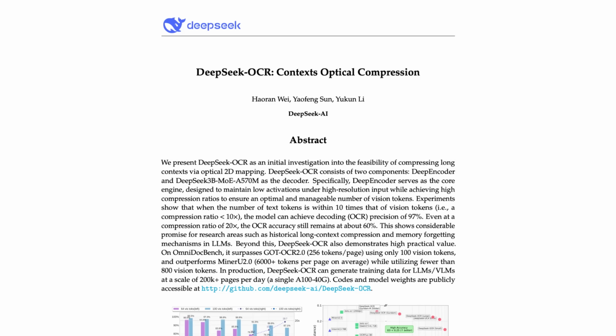So overall, this is a pretty cool concept just to see what they're trying to do, and it really reinforces a lot of the things that DeepSeek has been doing over the past year and a half or so, of just trying out different ideas rather than following what everyone else is doing. That certainly gave them big wins for DeepSeek R1, and you've got to wonder where they go with this, so that we could actually build systems that perhaps have 10 to 20 million text token windows or the equivalent of that, but through vision tokens.